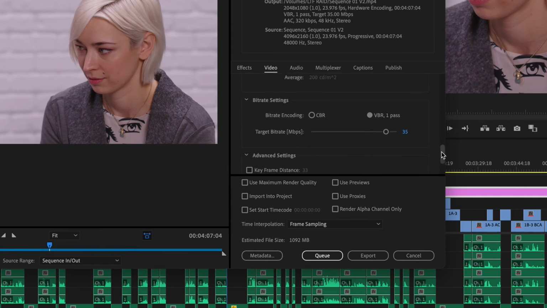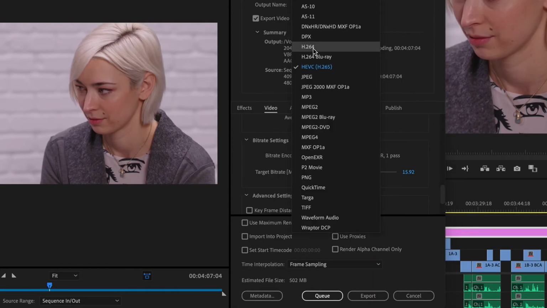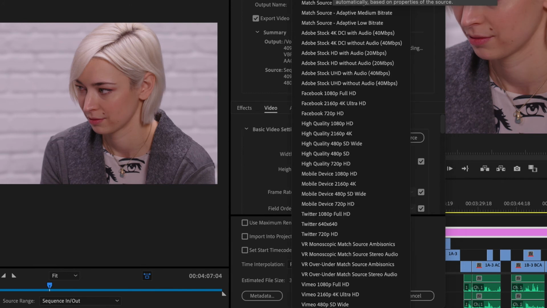Now, because that is a smaller file, I could reduce my bitrate if I wanted to crunch my file size a little bit. Again, for 1080 in H.265, a normal bitrate, according to the defaults, is around 7. So if I double that and go with something like 15 or 16, that's going to give me a 500 meg file. So I've thrown a lot of numbers in here, but just know that if I chose H.264, and